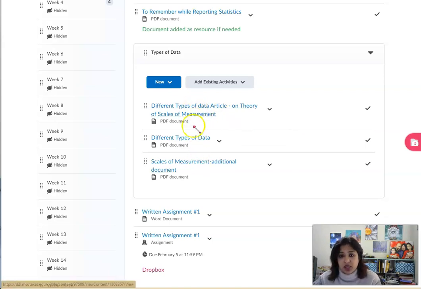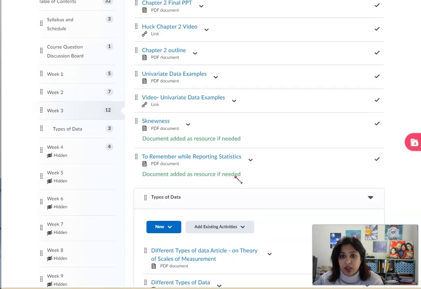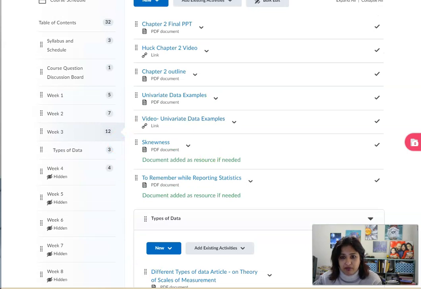So here is a little bit about this. I would highly recommend for you to read it. There is a PDF of different kinds, an additional document. Just keep this in mind, because everything that you're doing is building on to that final research paper that you're going to be doing. So here is your univariate data